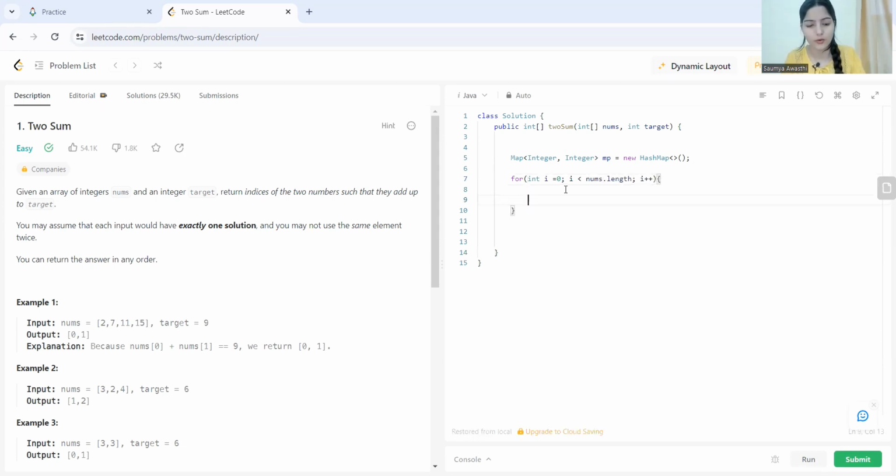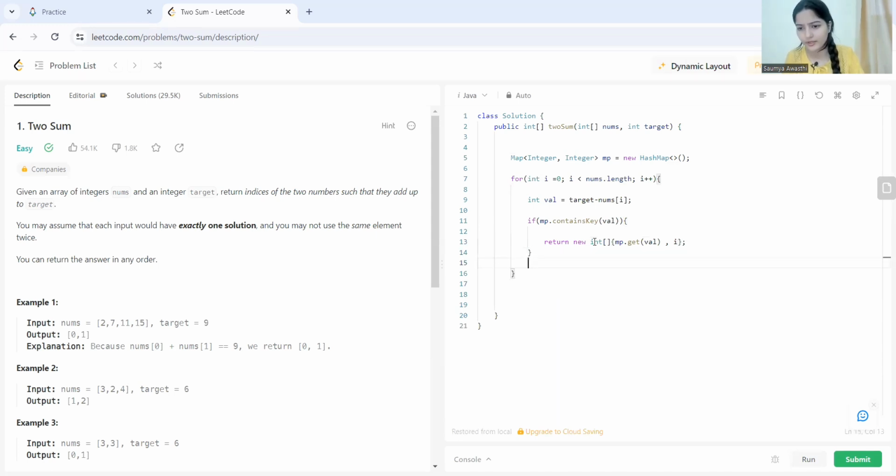Here we are going to check the first thing itself: int val equal to target minus nums of i. And here we will check if our map contains this key val. If our map contains it, it means we have got a match, right? We have got the indices, right? So we will return new int, map.get(val) and the ith value, right?